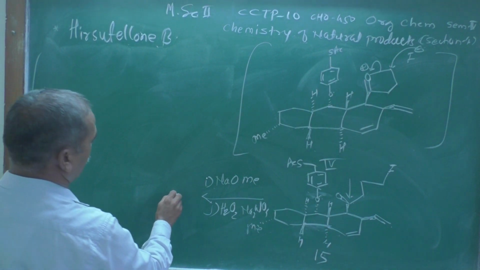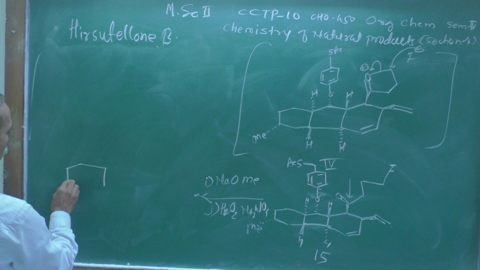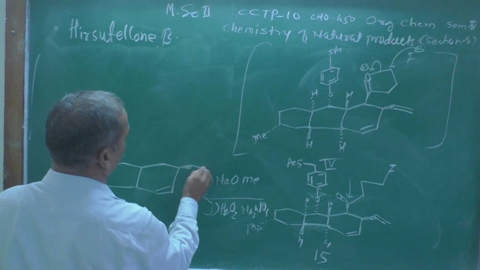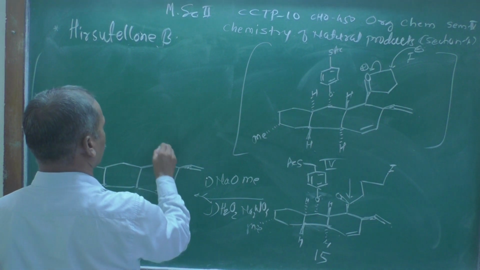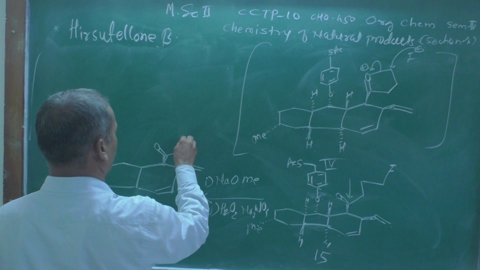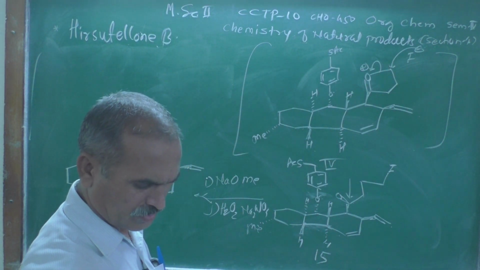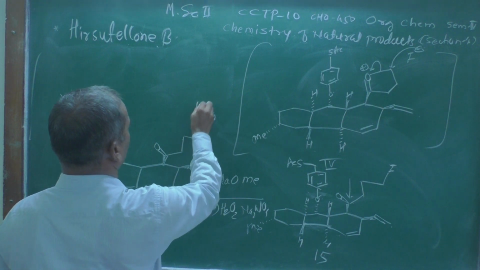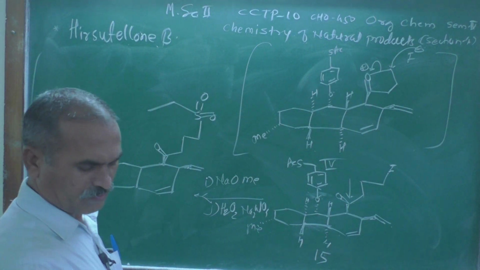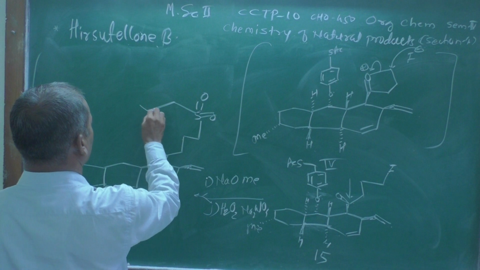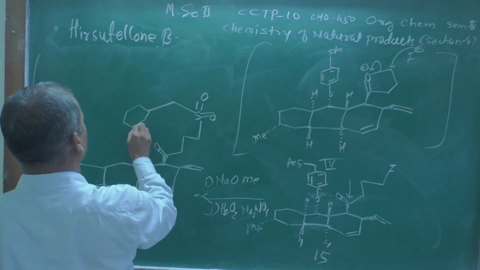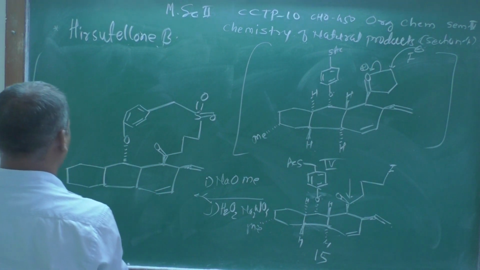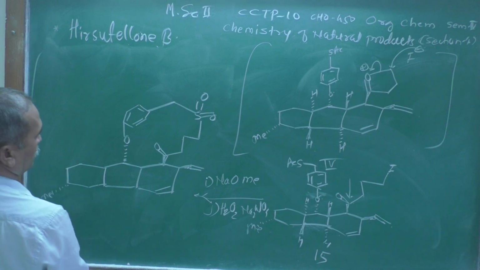Structure number 3, which we are going to get over here, will be like this: a 5-member ring, then a 6-member ring with a double bond above the plane, and this is also above the plane, C double bond O, then CH2 here, then here must be S double bond O, then further cyclization takes place, and we are going to get this structure, alternative O. This is the structure, and here that methyl group remains as it is.